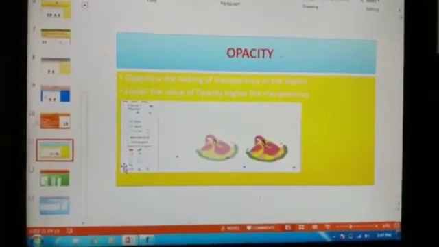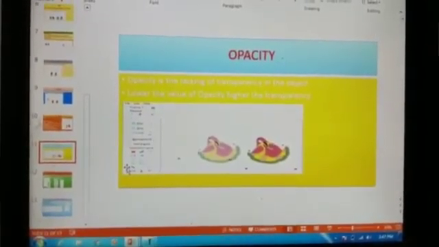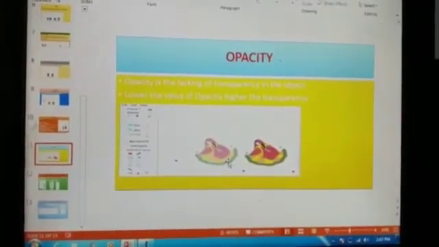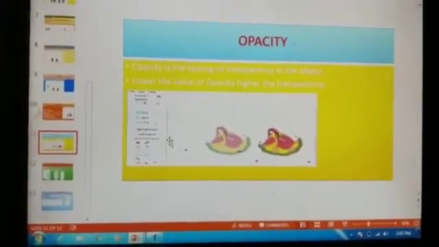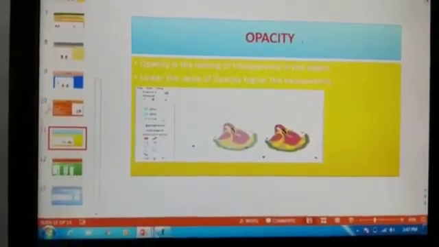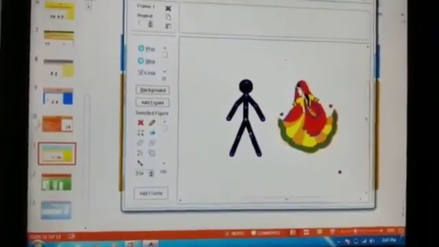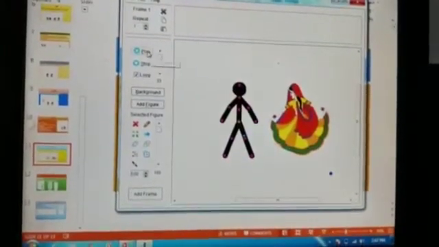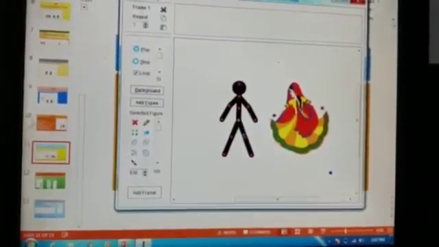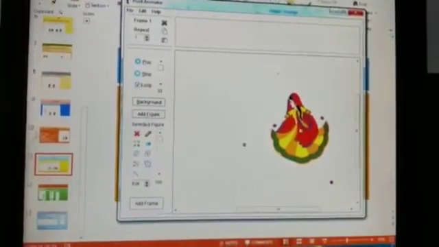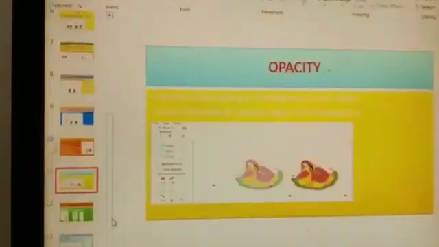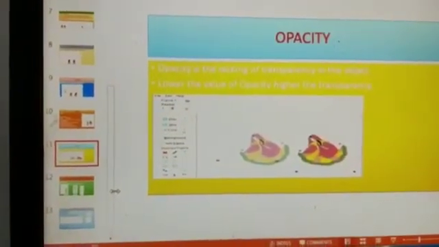Transparency is through which things can be seen. The images can be seen by using the transparency option. Opacity means the things behind it cannot be seen.